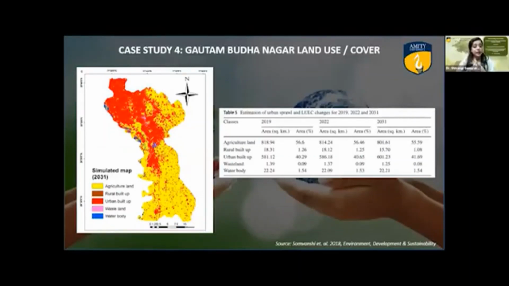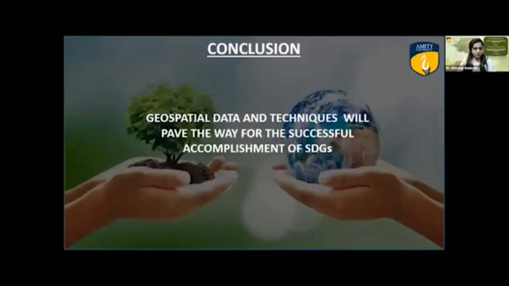Whether collecting and analyzing satellite images or developing geopolitical policy, geography and geospatial data provide the integrated approach necessary for global collaboration and consensus decision making towards the achievement of Sustainable Development Goal 11 for safe, resilient and sustainable cities. So in the end, I would like to conclude that geospatial data and techniques can be used very effectively for monitoring most of the sustainable development goals.